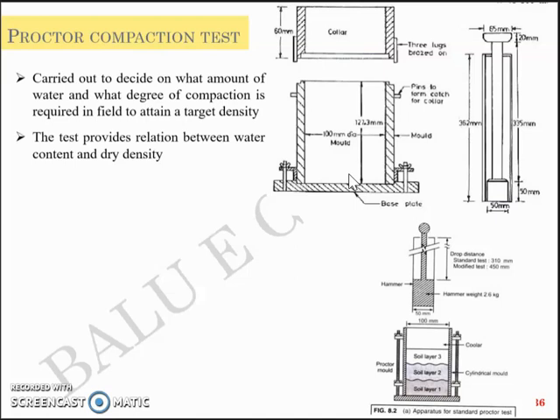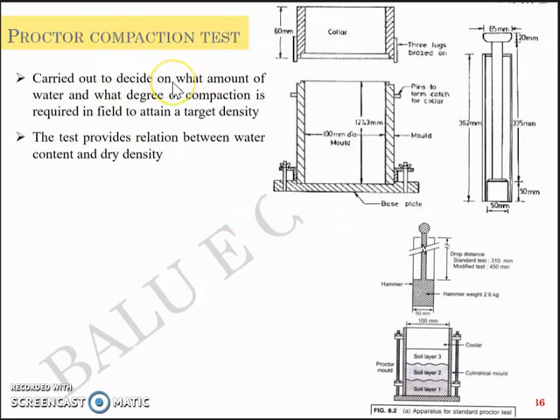So fundamentally, if you are out in the field to construct, let's take the same example of a road embankment, you'll be given truckloads of soil, and your intention as an engineer will be to provide the maximum density of soil, for which there will be an optimum water content, which is mass of water by mass of solids, to be supplied or sprinkled on the soil to ensure that you attain the maximum density, or the maximum dry density to be specific. So in the field you'll be given an optimum moisture content which you arrive at based on the Proctor compaction